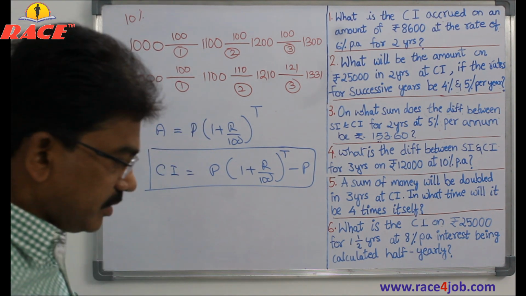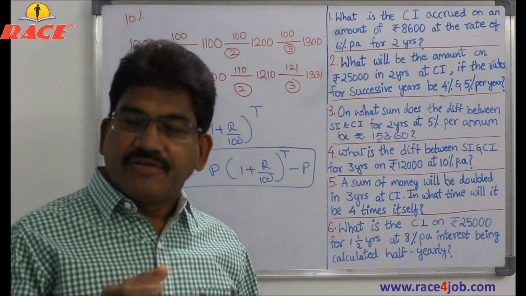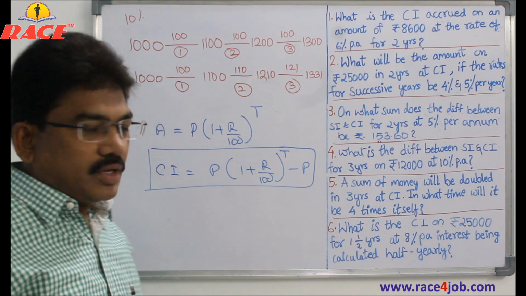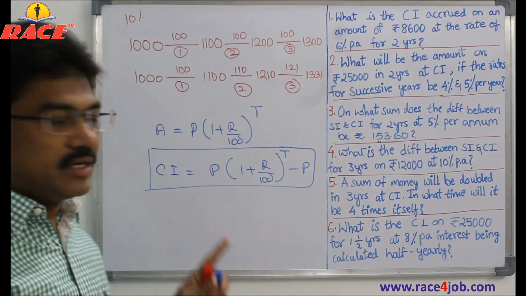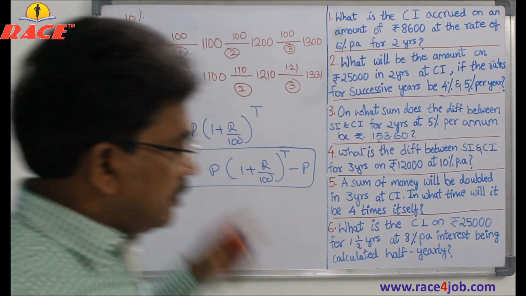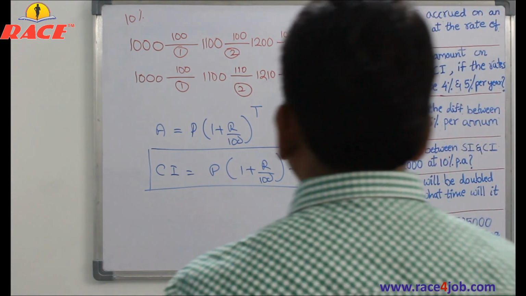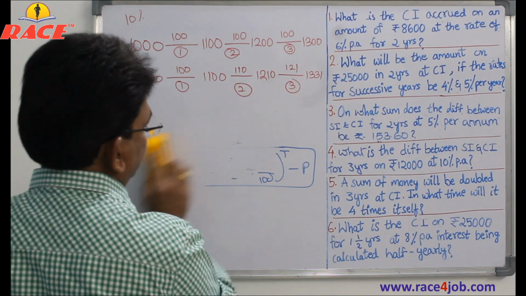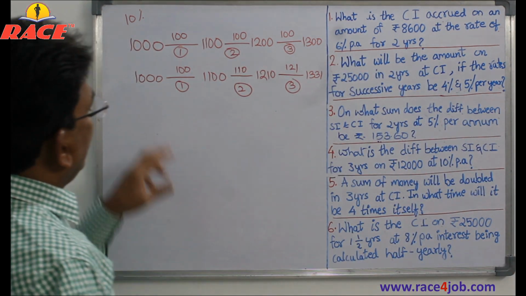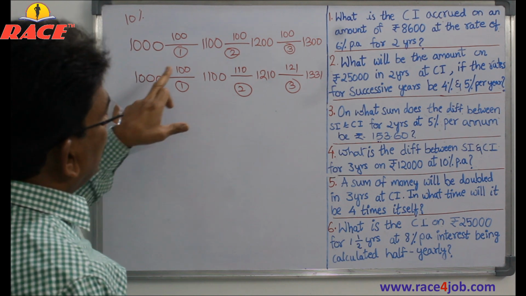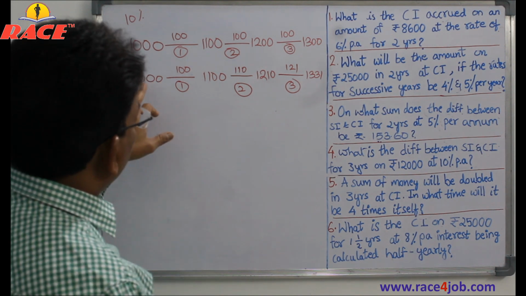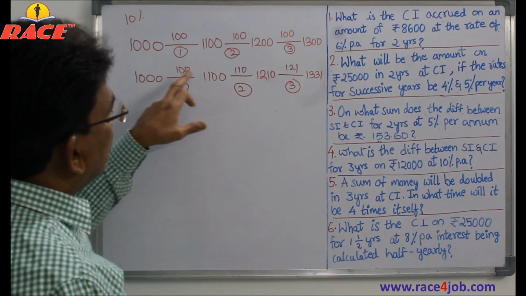Generally students use this one only, but there is a bit of difficulty in calculations if you use this formula. Anyway, let me tell you the third method to calculate the compound interest. Observe one thing. Principal is 1000 rupees and 10% interest we added. Here principal is 1000, this is 100%. So 10% we added and this has become amount.